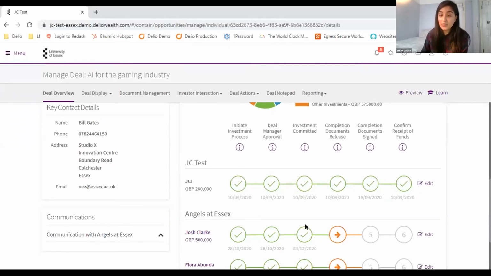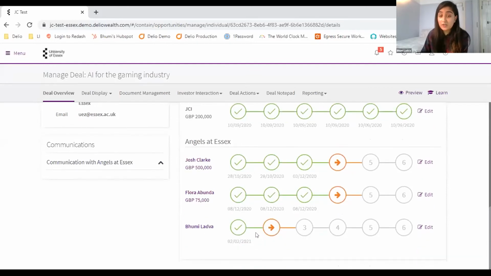But with the transaction management stage, when it comes to investors engaging from the platform, you'll be able to see who's engaged, who's requested more information, and you'll be able to move them to different stages.